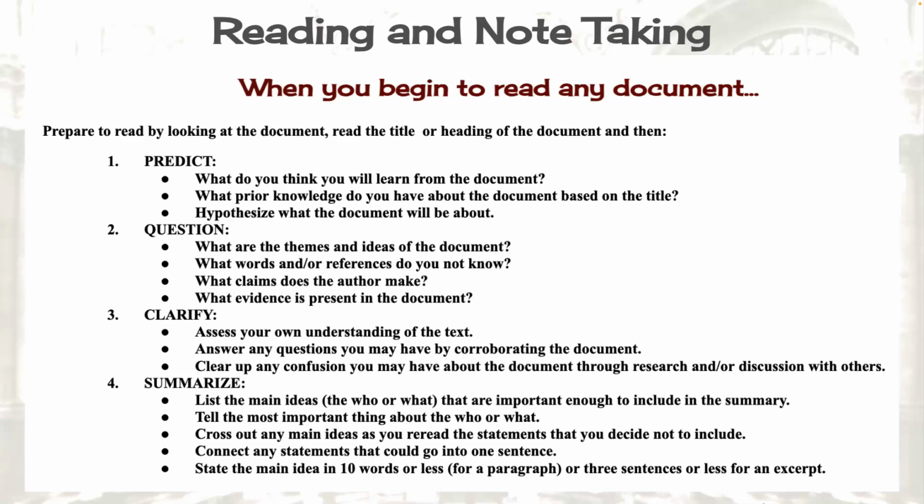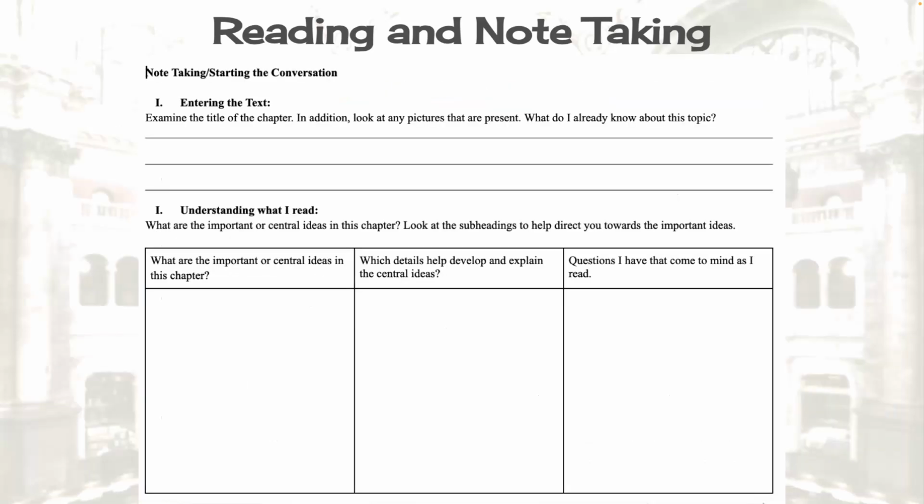So when we're going to read again, remember we need to predict, question, clarify, and summarize. What we're going to use for U.S. history this year when we are reading the text is a note-taking strategy called starting the conversation. Again, at the start, we're going to enter the text by looking at the title of the chapter or